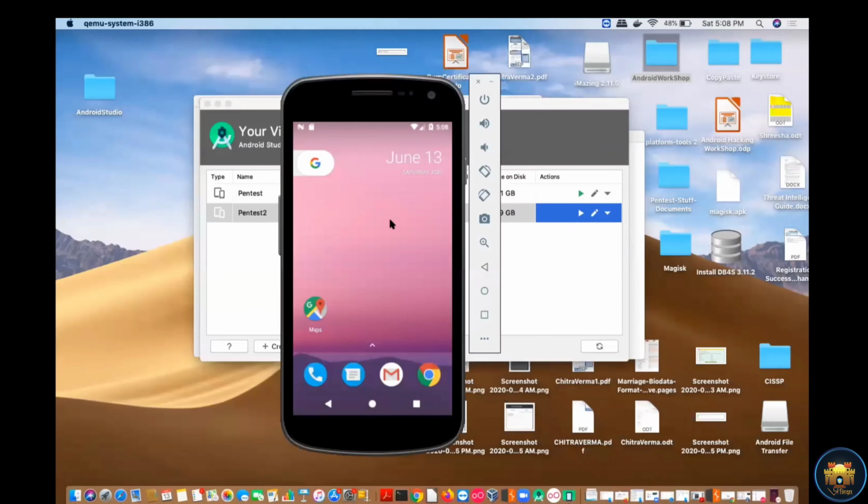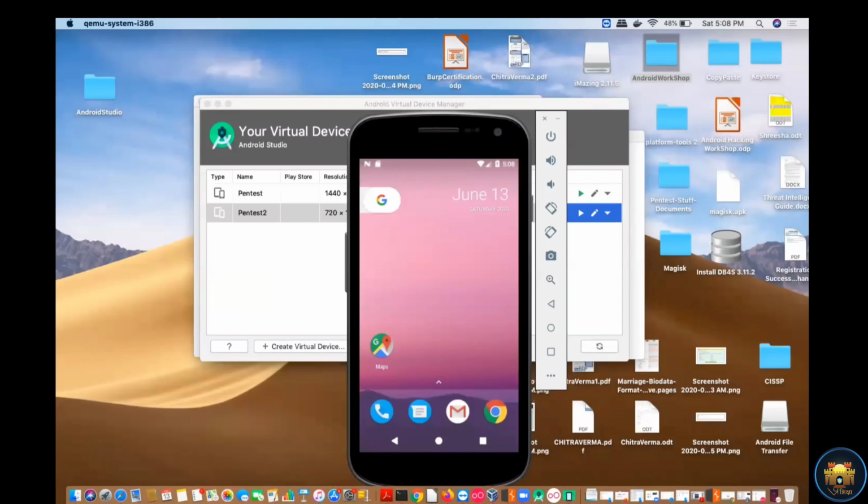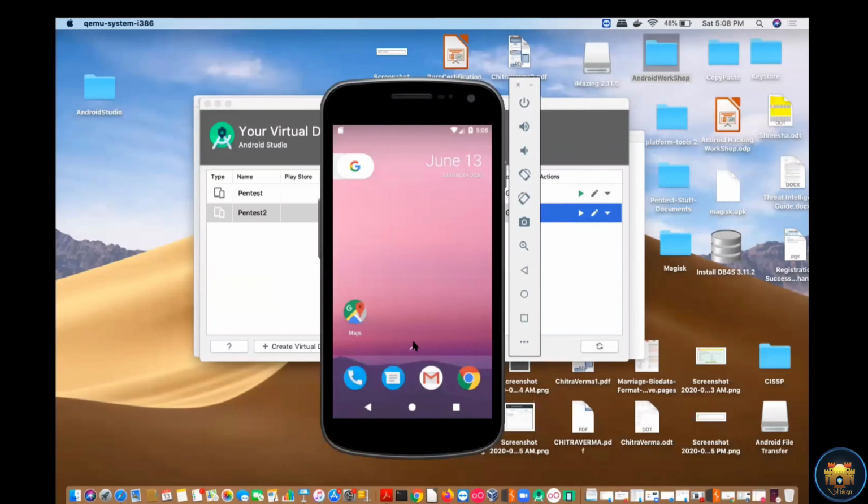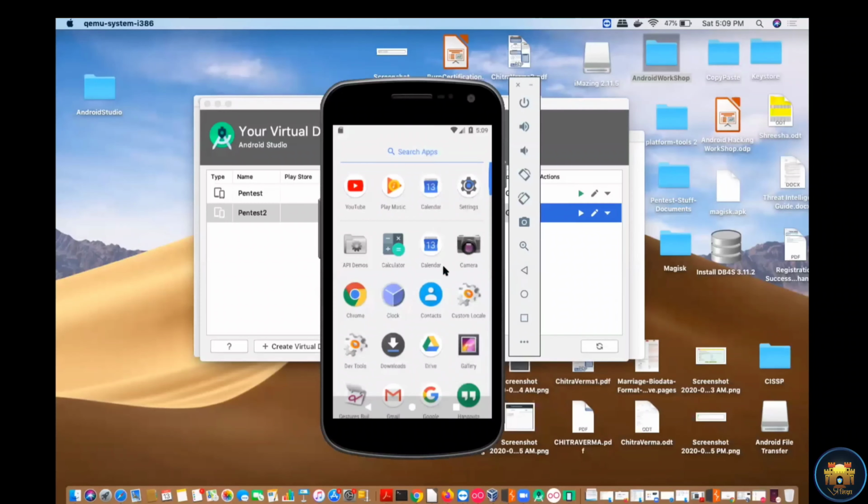So let's move into the Android virtual device for Android Studio. Once you run your virtual device, it looks the same as your physical device. Now what you have to do is install your application here, right?